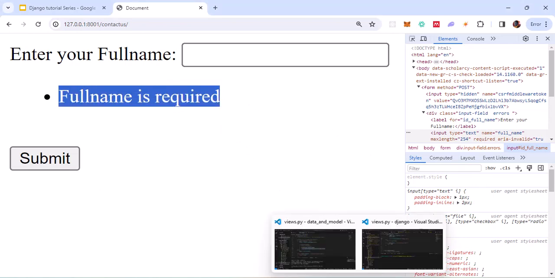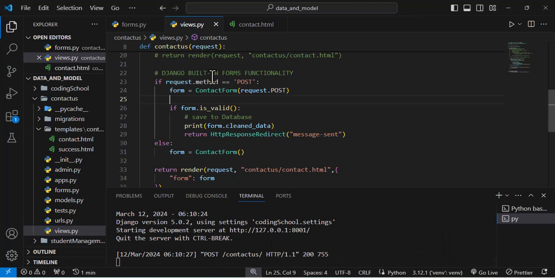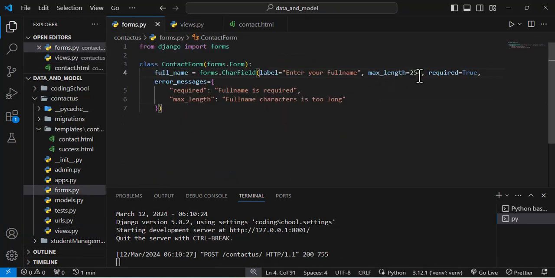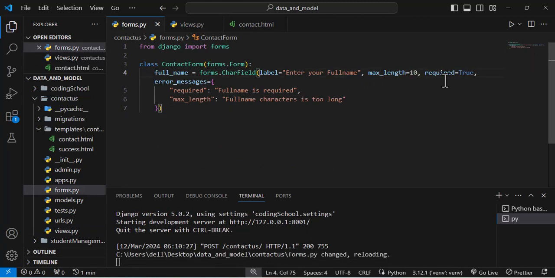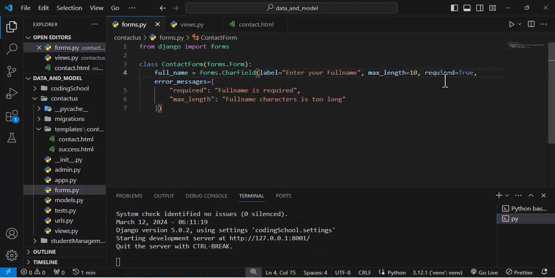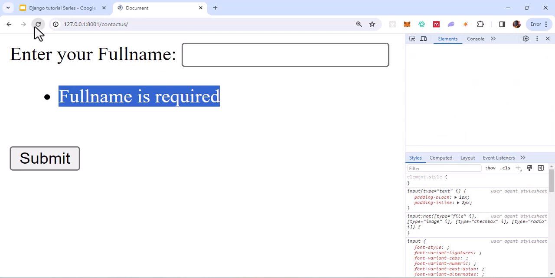So let's test the maximum length in action. The maximum length, don't forget that we have set it to 254. So let me just set the maximum length to 10 for testing's sake. Of course, a typical full name will be more than 10 characters, but for now, let's test 10 in action. So if I come in here and I refresh,